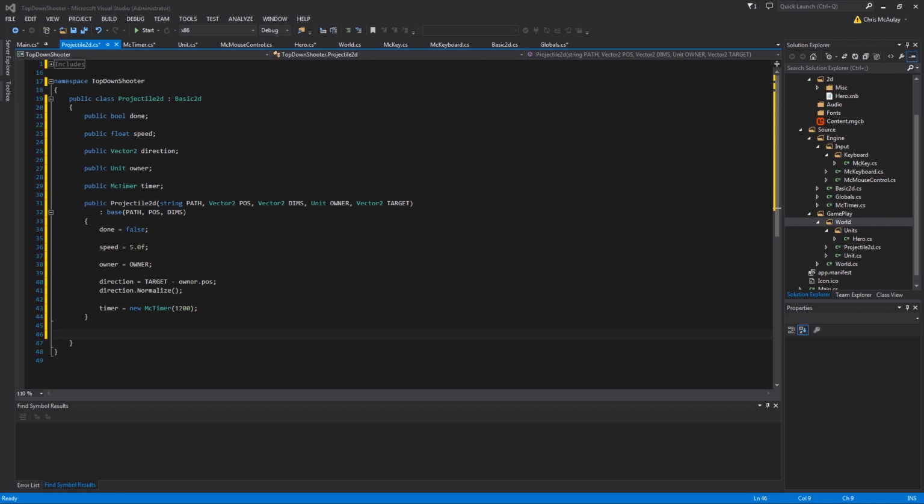Then we need to update, or create our update. So public virtual void update. And the reason we did virtual void is we're not actually going to be overriding basic 2D, and there's a reason for that. So we are going to use vector 2 offset,